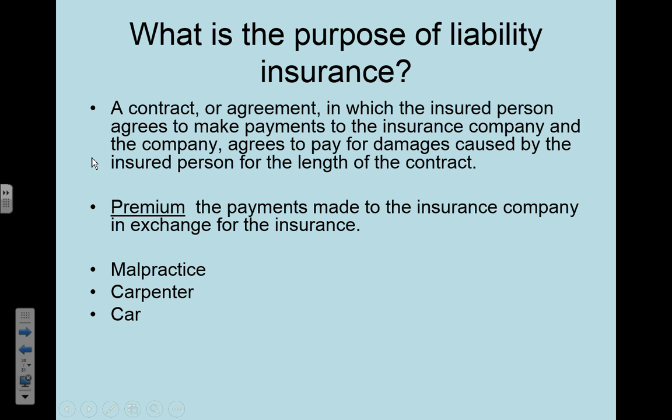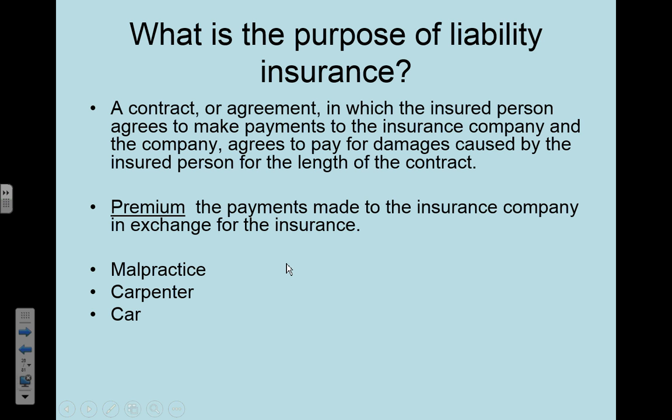Okay, some examples would be malpractice insurance. If a doctor has malpractice insurance, it would pay for the injury or damage to their patient if they did something wrong, if they were liable to be sued. A carpenter. My brother's a carpenter and he has carpenter insurance. If he would make a mistake, let's say roofing a house and the roof leaks and ruins sheetrock inside the house and insulation in the attic and so on, he's liable for that damage to the house. He was negligent in performing his job.